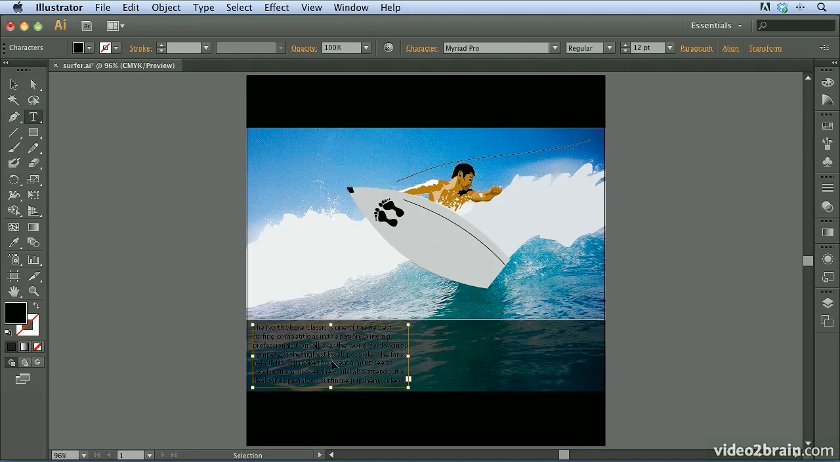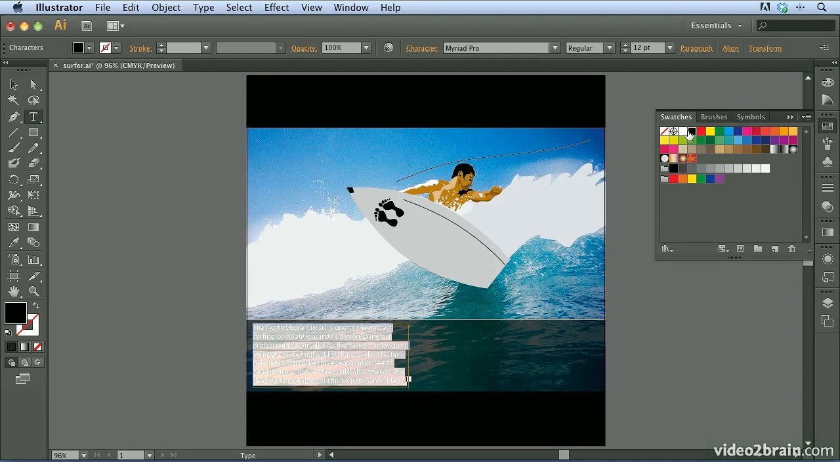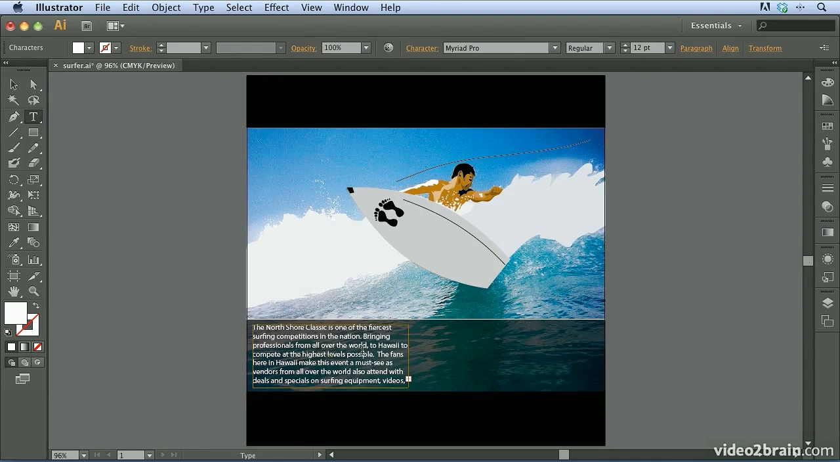Now I'm just going to press Command A on Mac or Control A on Windows, and come over here to the swatches panel and change the color to white. That way, when I click off of this, we can now see the text that we've placed into that text area. Now, one thing you'll notice is that we now have a plus sign in the lower right corner